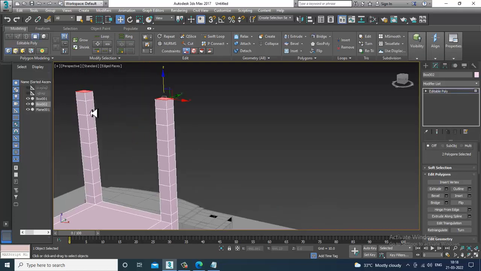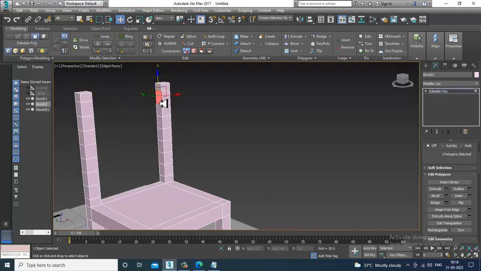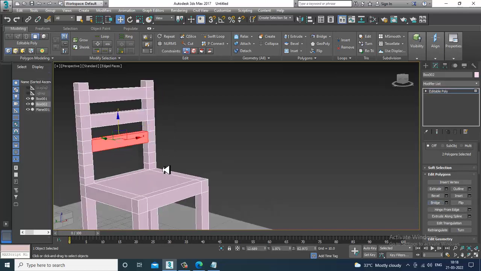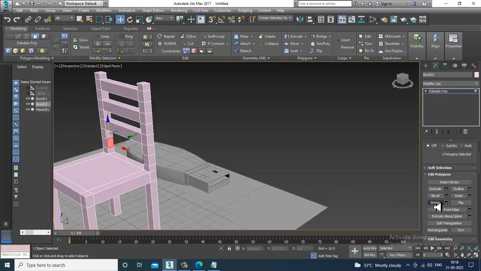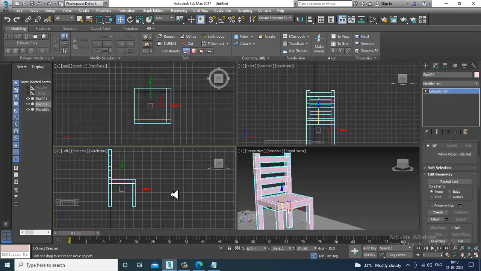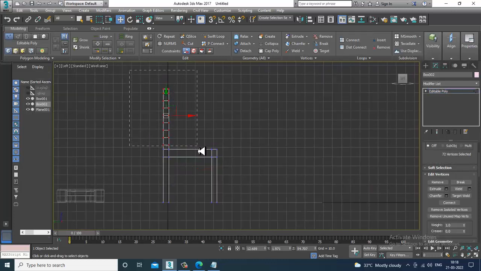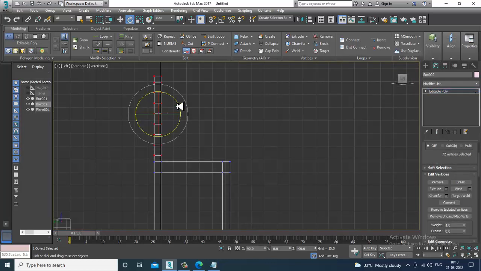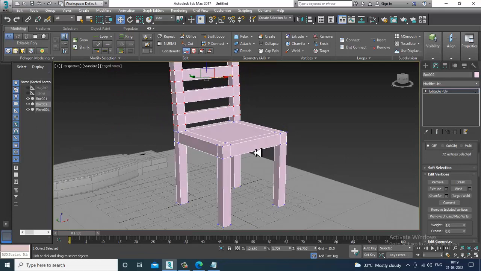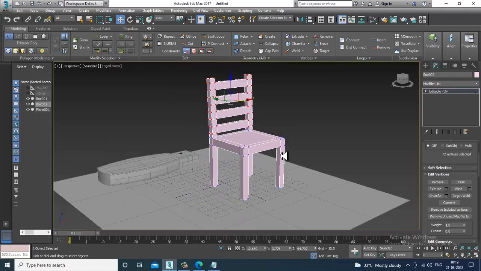Select these polygons, press Ctrl and select this polygon, and you have an option called bridge. I can bridge all these elements like this. Again select all the vertices, slightly rotate it in this way. So that can be done in this way. So as you can see,